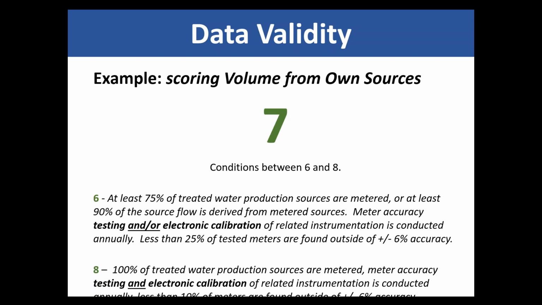And given our philosophy of meet, exceed, or retreat, we're going to retreat from a score of 8 to a 7, wherein the definition is, quite literally, conditions between a 6 and an 8. We were good for a 6, but not all the way there for an 8, so we bump back to a 7. And you'll do that sort of evaluative process of your practices for all 20 data inputs into the